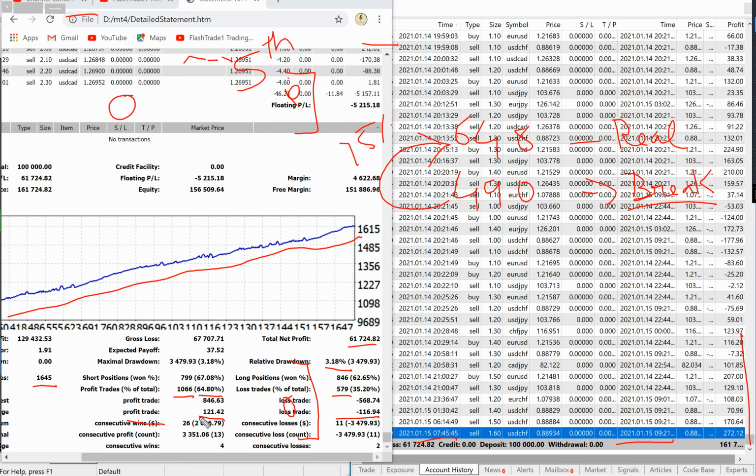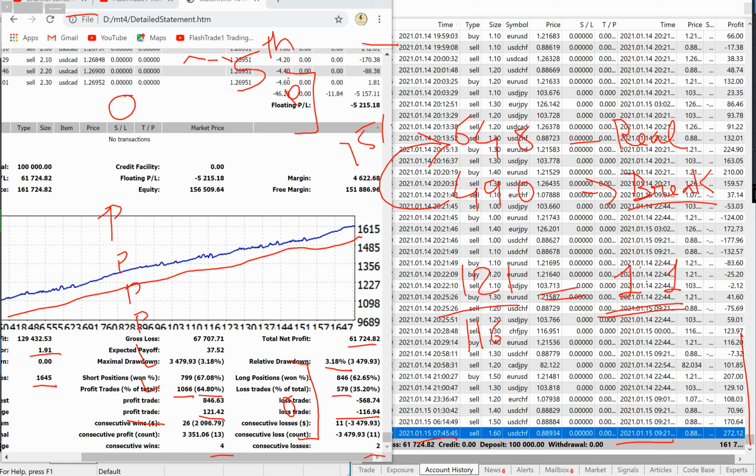Also using this same average profit 121 divided by 116, one can find the risk reward of this account, which is 1:1. Here consecutive wins is 4, consecutive losses 2. So we make 4 profit trades and then make 2 loss trades. So this is the basic example of how the consecutive wins and consecutive losses have been used. Profit factor of this account is 1.9, which is very good.